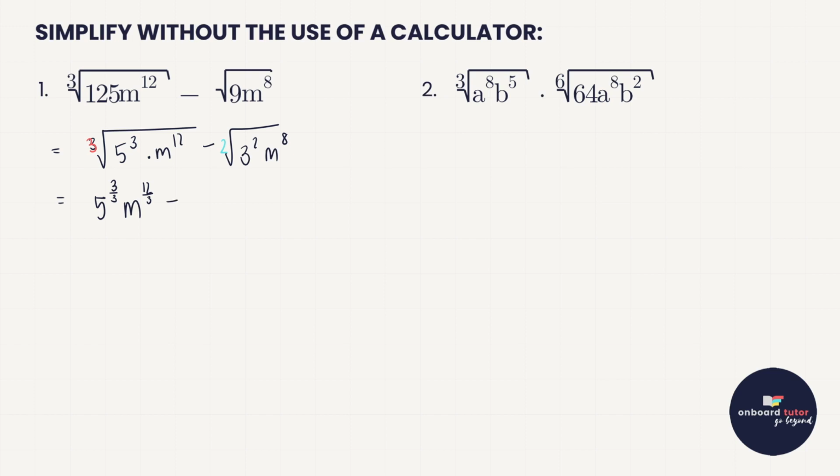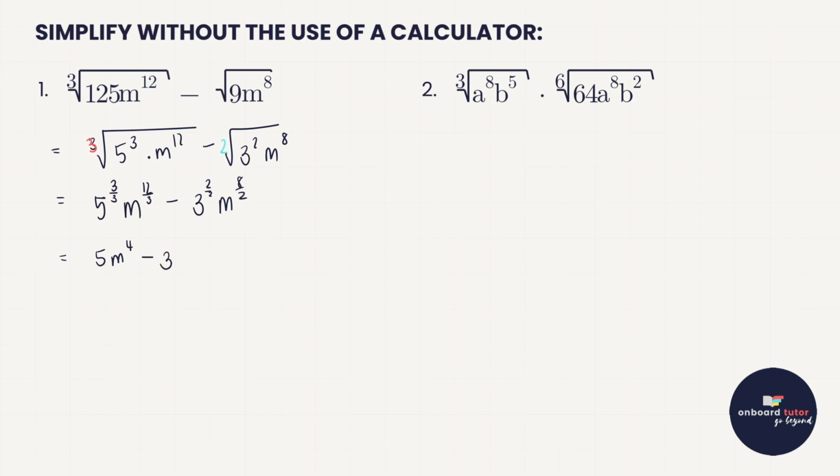And then we're going to apply the same law to the square root over there. So 3 to the power of 2 divided by 2, m to the power of 8 divided by 2. And now we can simplify that. So 5 to the power of 1, we don't need to write that 1, m to the power of 4,